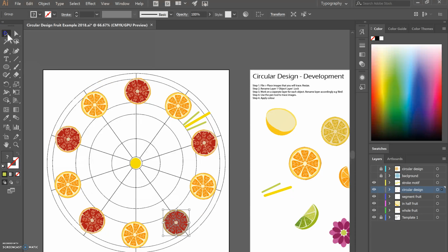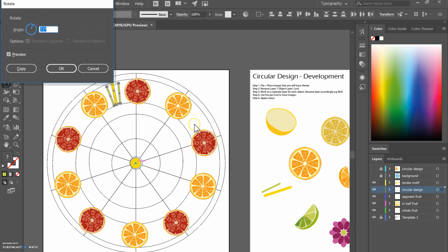Okay, perfect symmetry happening. Now these guys, I'm going to select all of them at the same time. So to do that, I'm going to hold Shift and click each one. Then I'm going to click R, hold Alt, click the middle of my circle, and these ones need to be reflected 10 times, 360